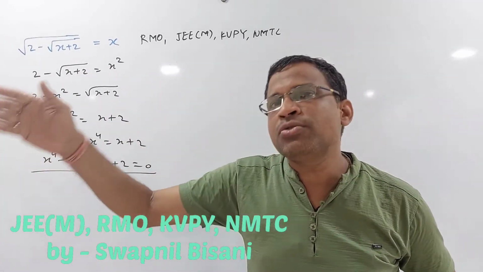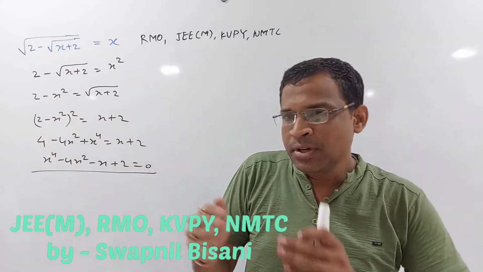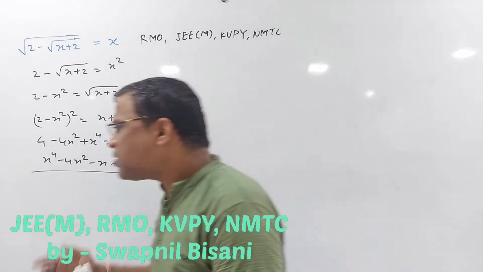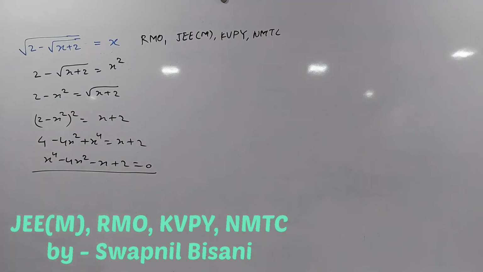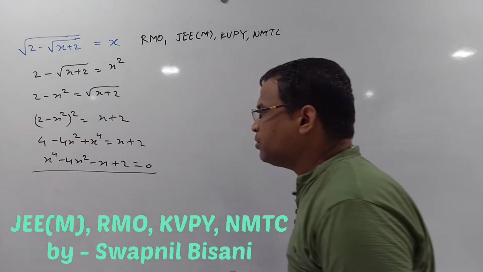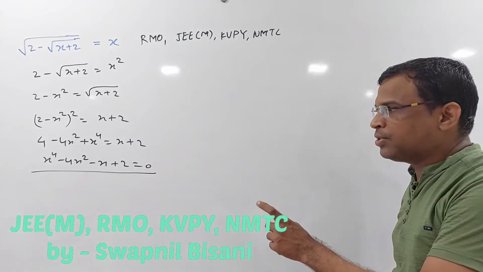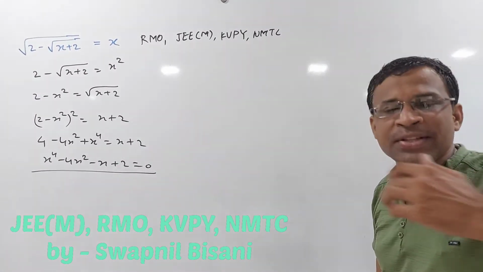So always try to avoid squaring. If you have to do squaring again and again, that means look for some other step, but we have a habit of doing it in that way. So let us drop that. This is one step which you can do, and okay, fine. Here I will let you know why this is giving erroneous results. I'm not saying this is wrong, but why it is giving erroneous results.